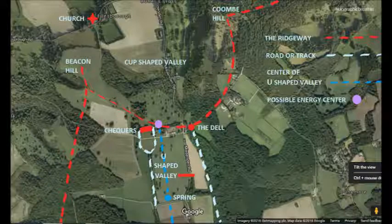And the centre of the U-shaped valley coming south is this light blue line, and there's a spring there which you can go to, and that is a very powerful point. That is like the anchor. That is the earth. You can stand almost with your feet either side of that energy line, and it is the water circuit. It is to do with the bladder, the penis, vagina, the kidneys and the adrenals. It's that whole circuit, but it's very strongly earth there, and there is a water spirit in the spring there